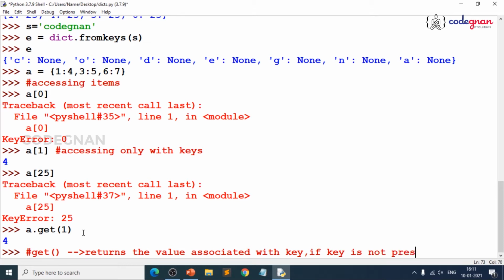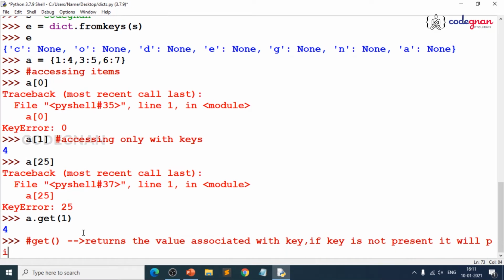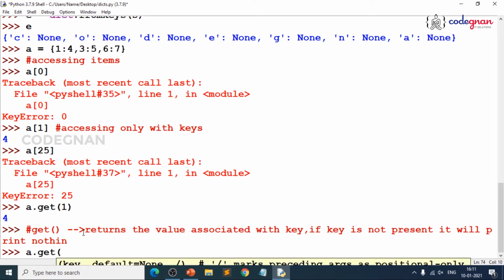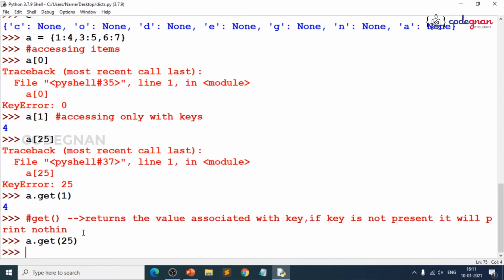It will never throw any error, it just returns nothing. That means if you go for A dot get of 25, there is no error.